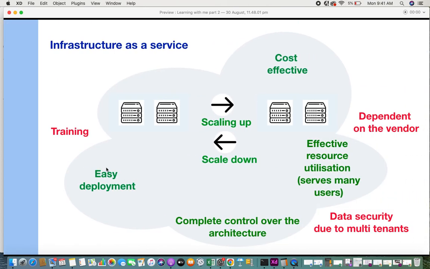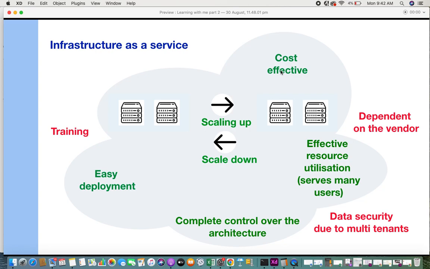If you see infrastructure as a service, there are certain pros and cons. First let us look at the benefits. Businesses can easily scale up and down. As I said, whenever they want extra infrastructure, they can scale up, as well as whenever they feel that infrastructure is not being utilized and they don't need so much of what they purchased, they can scale down. So that's one big benefit. And by doing this, it's cost effective because you're only paying for what you're using.